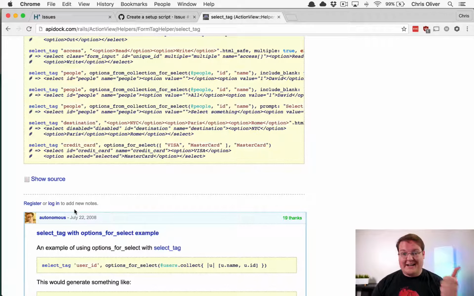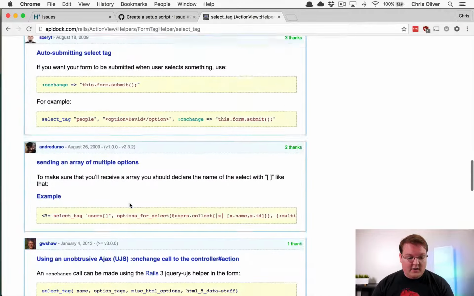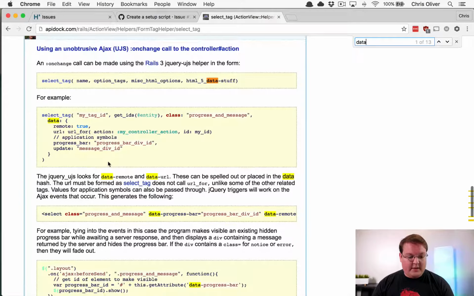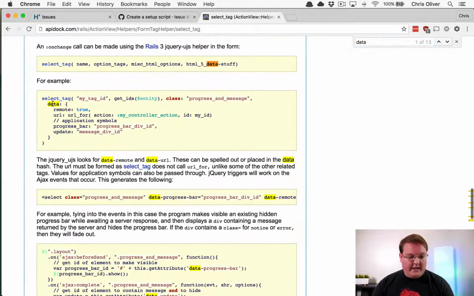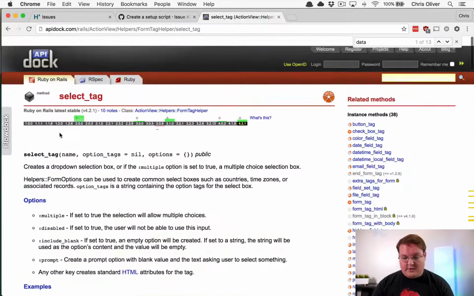We could have the value as the ID, or we could have the value as the text of the body. This is simple in our case because we have just the one attribute that we want to insert into the message, the comment below. But if you had multiple attributes and you wanted to set a couple things, you might actually want to use data attributes. And I believe that in the docs here, or in the comments below, there is a data attribute thing. So that allows you to put data attributes on the select tag itself, but the options for